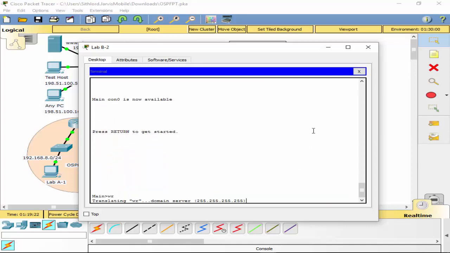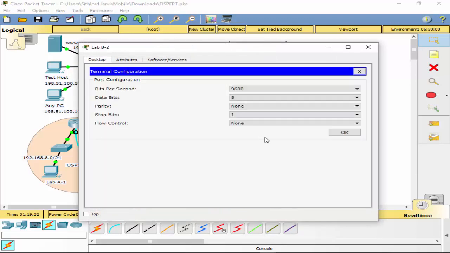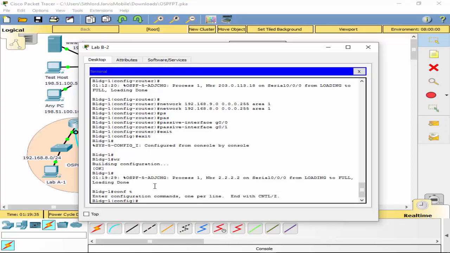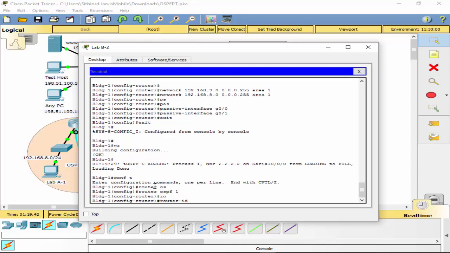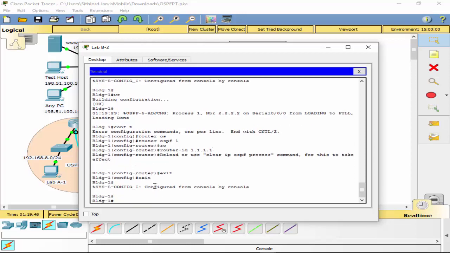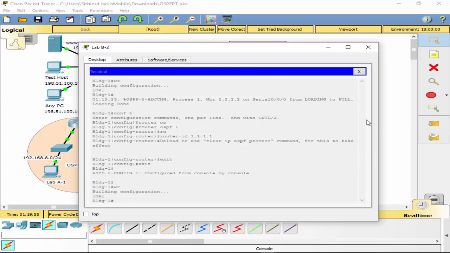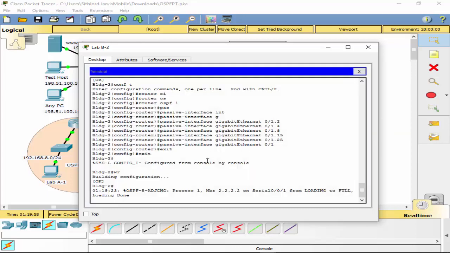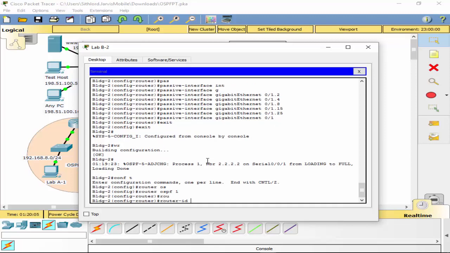We probably should have waited. Oops, this one's still translating. We probably should have waited until we did all of them. So we'll go to building 1, hop in there, and we'll say router OSPF 1, router ID, building 1 is 1.1.1, exit, write run. Okay, building 2, conf t, router OSPF 1, router ID 3.3.3,